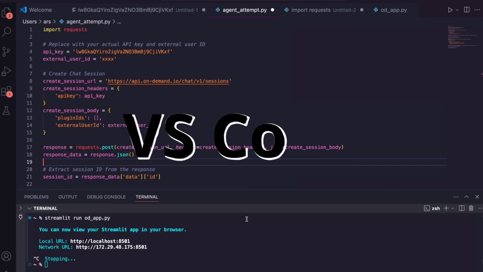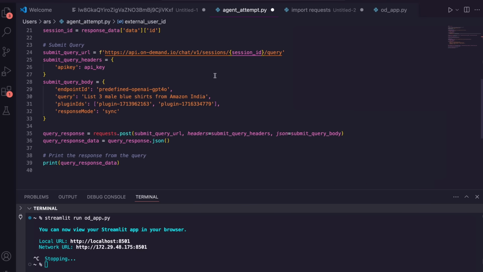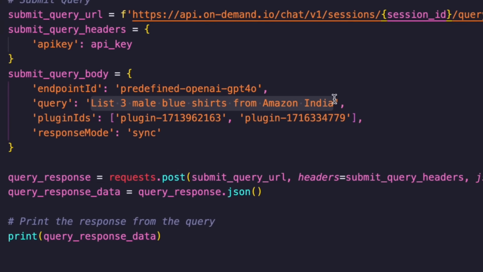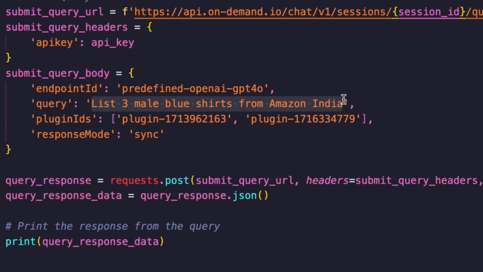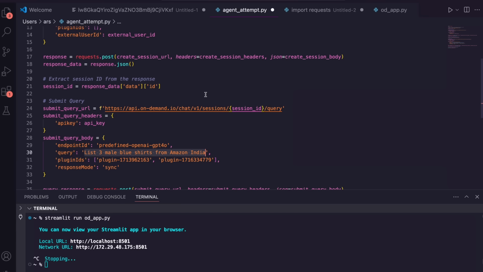Go to Visual Studio Code and paste the code. After you paste the code, add your API key and then add your external user ID. So this is the place where you have to submit your request. For example, I've said list 3 male blue shirts from Amazon India. So this is the request that you want to submit here. You can actually dynamically enter this query, or you can just hard code it just because we're experimenting with